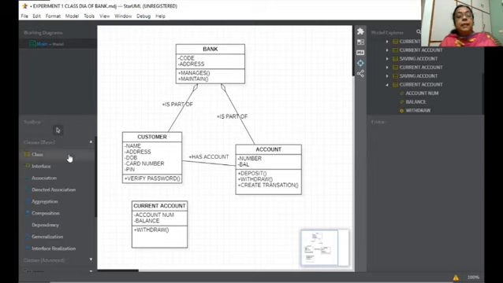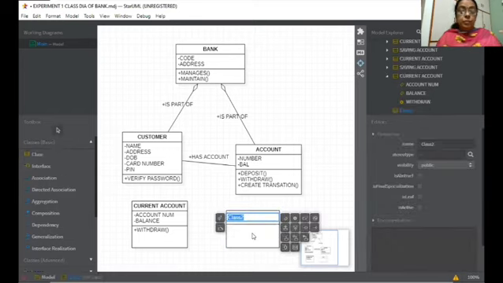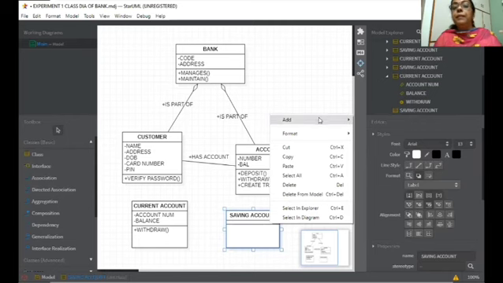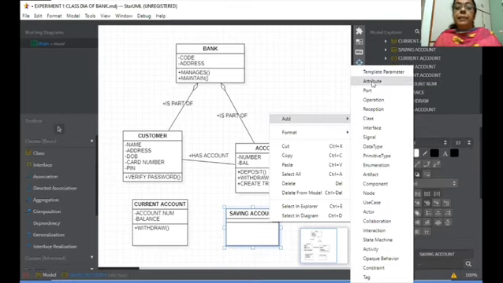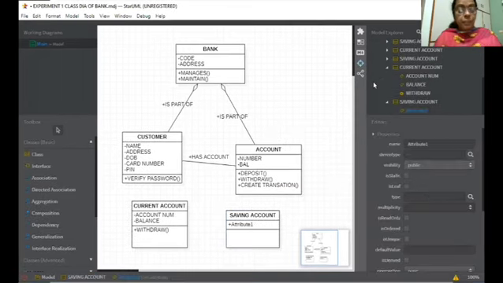We will make the second class. We click here. You see here, when I select the class, it will convert into blue color. After that, you can draw it. Now the second class is, do you remember the name? Current account and saving account. Now in the second rectangle box we will create attributes. The first attribute is